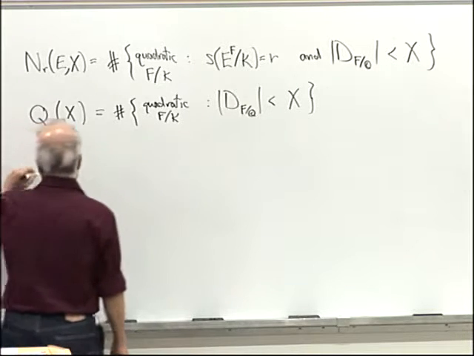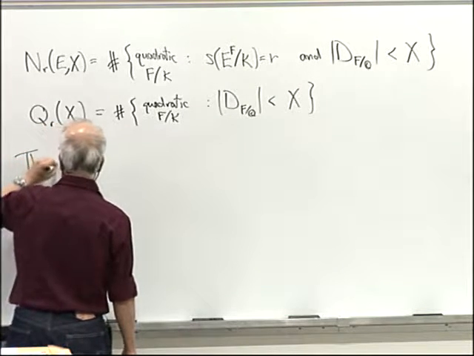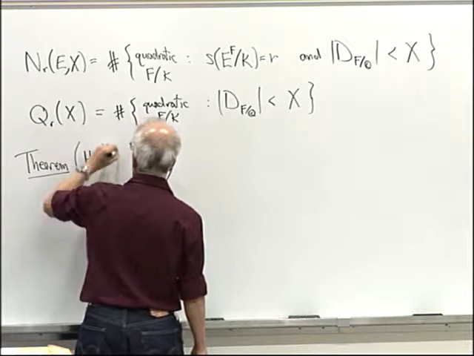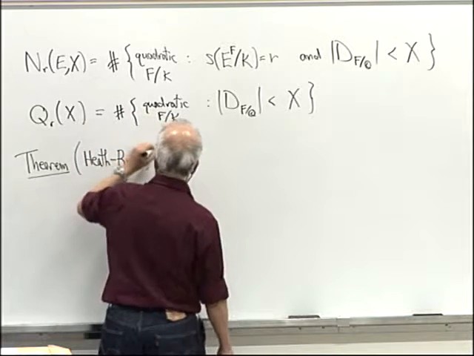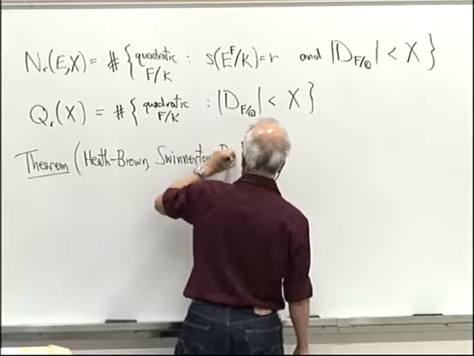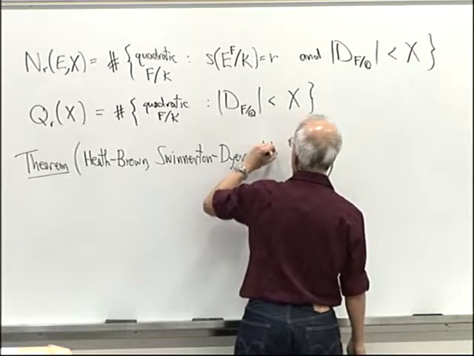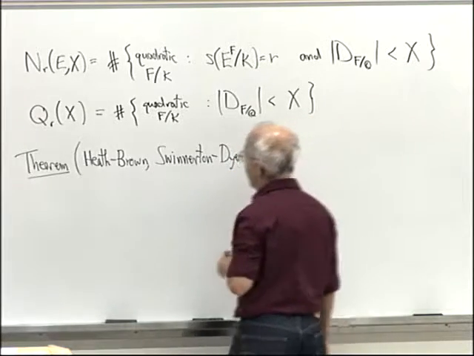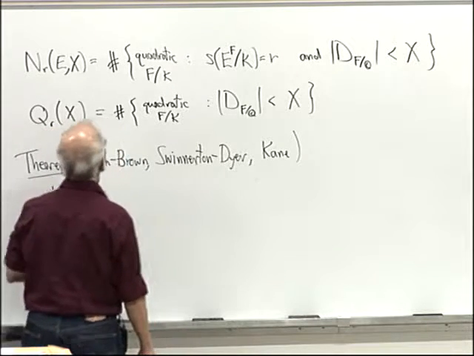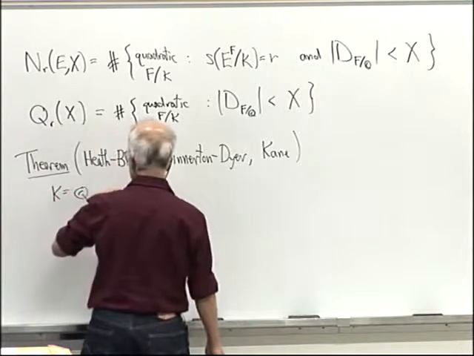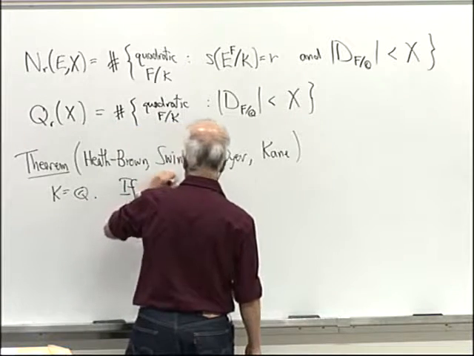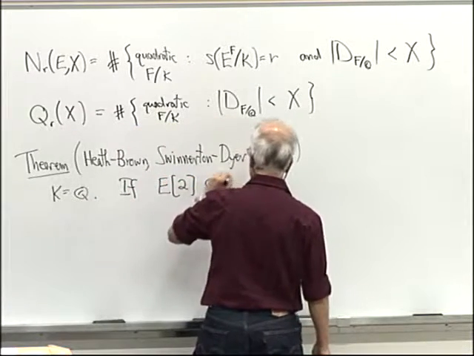Okay. And so then there's a theorem due in different pieces to Heath-Brown, Swinnerton-Dyer, and Kane. And they proved that, so this is again, K is Q. So if all the 2-torsion is rational, so if the 2-torsion is contained in E(Q),